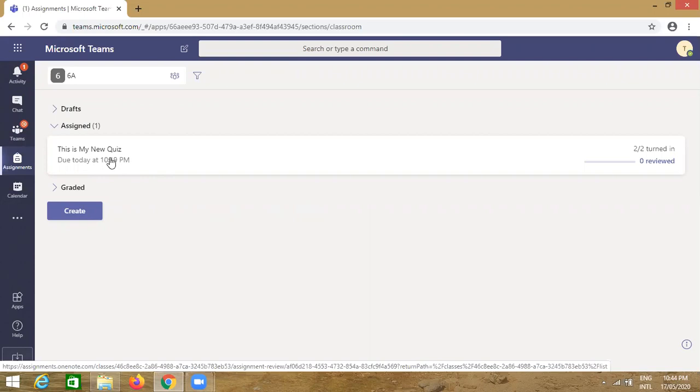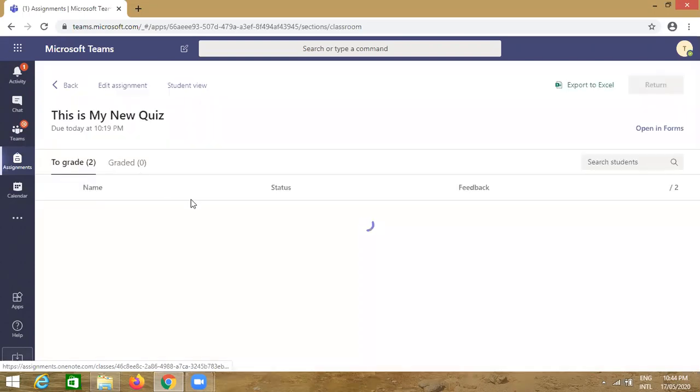Click on it. See here, 2 graded 0. It means we have not reviewed any student's assignment. So all are pending. So it is opening here.